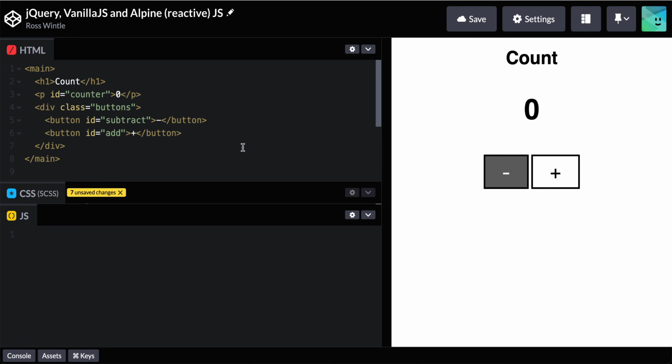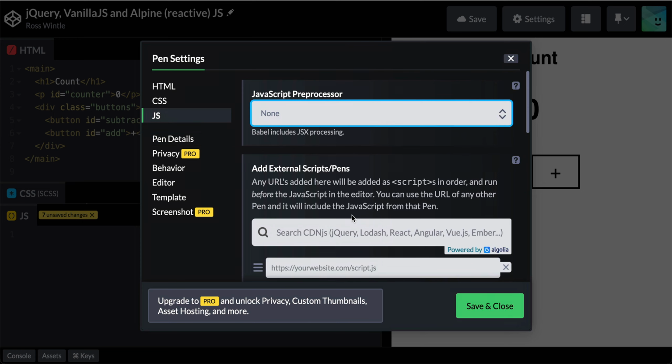So we're going to start with this. I've got some HTML where I've got a counter in a heading. I've got a paragraph containing the current count, and then I've got two buttons here. Very, very simple. I've styled it in some CSS, and we're going to write some JavaScript to try and make it work. So we're going to start off with jQuery,